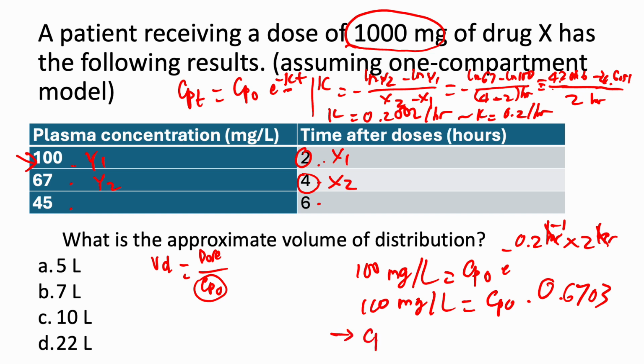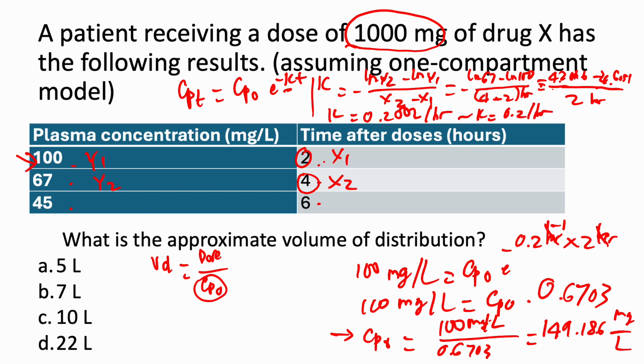So CB0 will be equal to 100 milligram per liter divided by 0.6703, or CB0 will be equal to 149.186